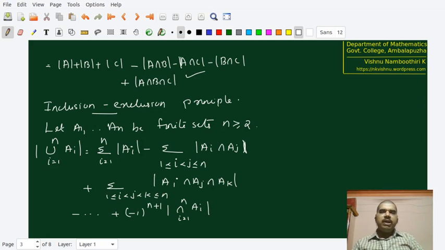And we have verified this principle in two cases. The first case is two set case, second case is three sets case, and we can actually verify this for the general n also, again using mathematical induction. We need to assume that for n minus 1 sets, this inclusion and exclusion principle is true, and we have to verify it for n set case. Since it's going to be again a tedious exercise, we just have to keep on writing the sets, intersection, etc. We are just leaving it as an exercise.